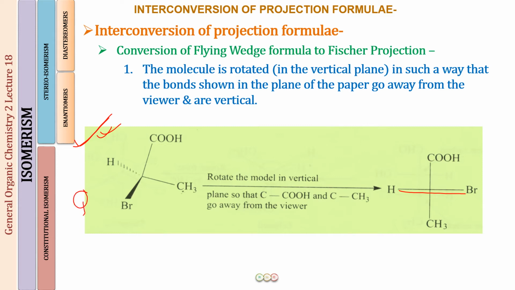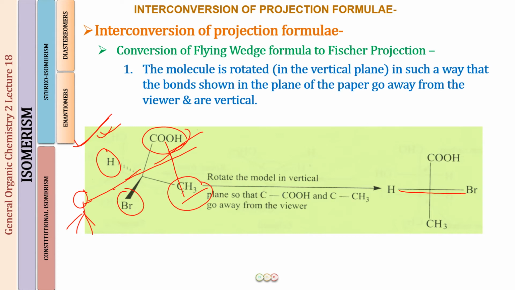Well, if I stand over here and look at the molecule this way, what I will be finding is that the H and Br, they are pointing towards me. The COH and CH3, they are going to be away from me and they are verticals. And if I am looking at this, what this means is that COH will be on top and CH3 will be below. And also when I'm looking at it, I will find that hydrogen is on my left and bromine is going to be on my right, and this is therefore how, looking at this molecule, I have made my Fisher projection. So I hope now this is clear to you how we are going to convert a flying wedge into a Fisher projection.